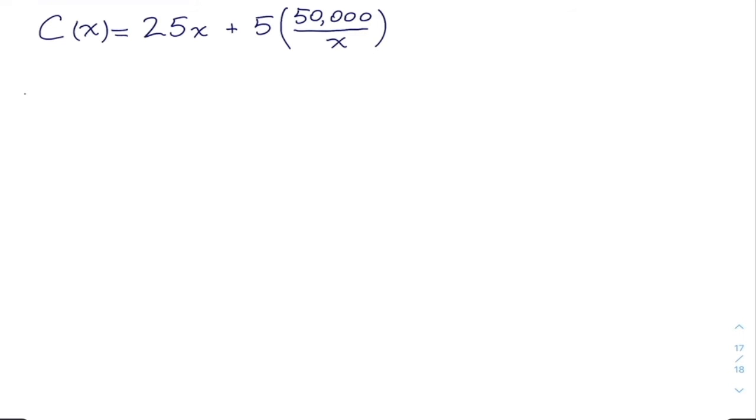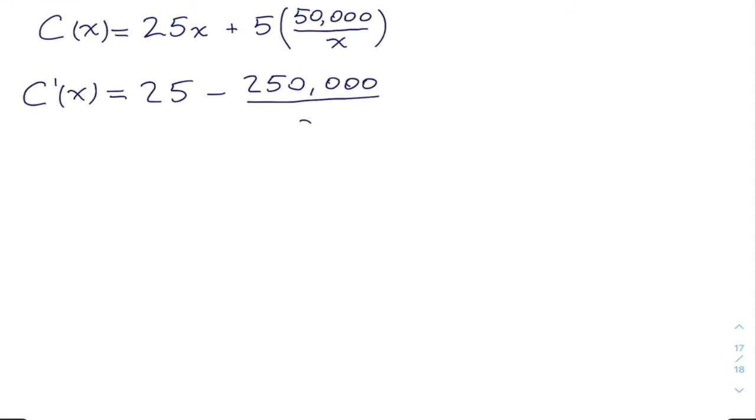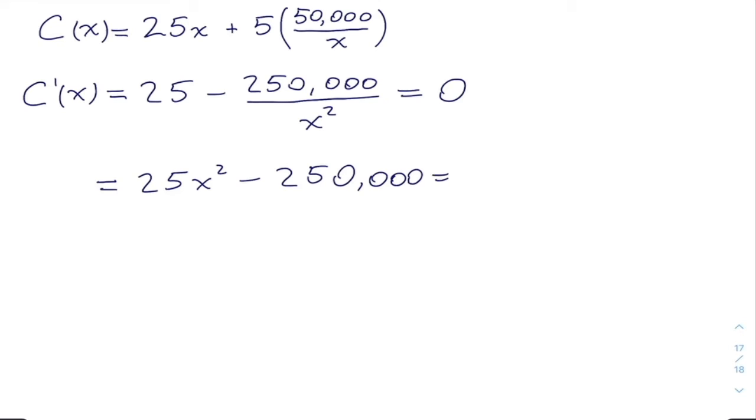So as always, the first step should be to find the critical values of this function, which is the derivative, in this case 25 minus 250,000 divided by X squared, and we want this to be equal to 0. To find this equal to 0, it is the same thing as doing 25 times X squared minus 250,000 equal to 0,